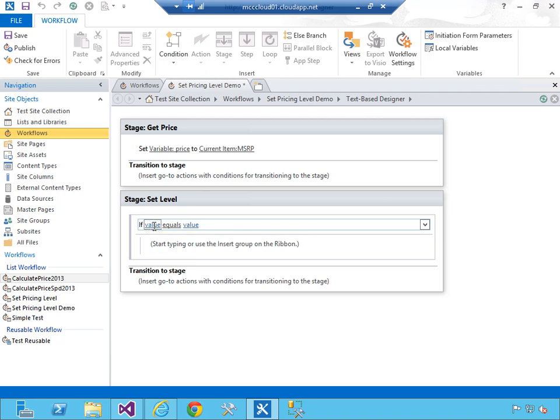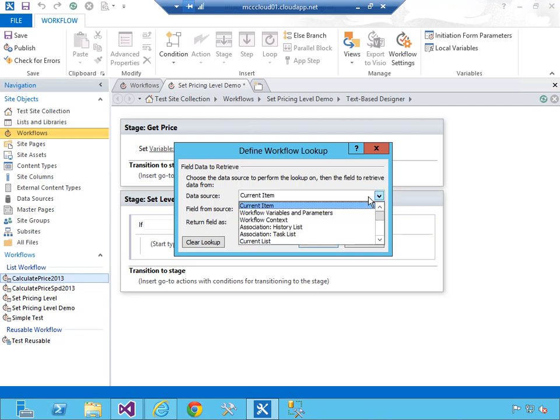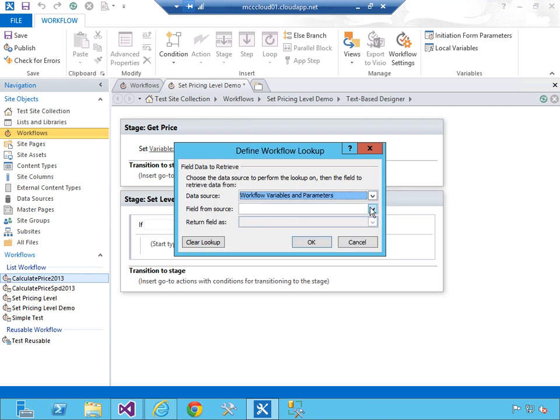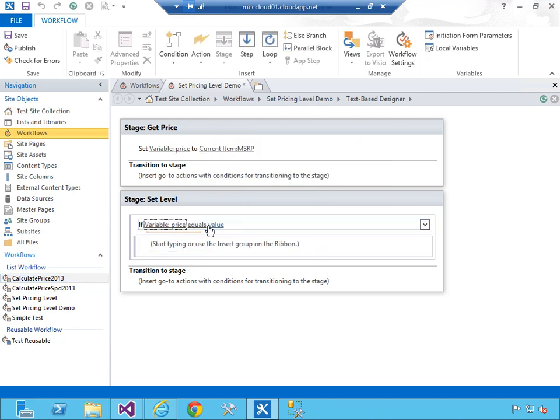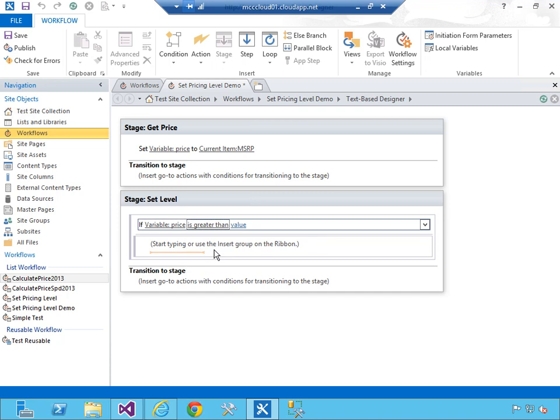If the value, in this case the value we want is the price, so it's a workflow variable, we'll choose price. And we don't want equals, we want it's greater than, and we'll say if it's greater than 300. If it's greater than $300,